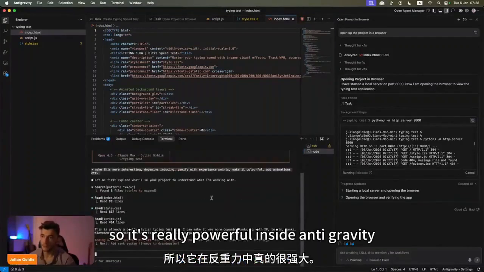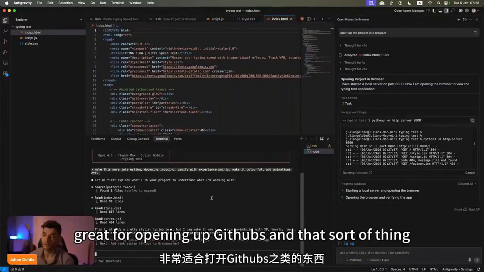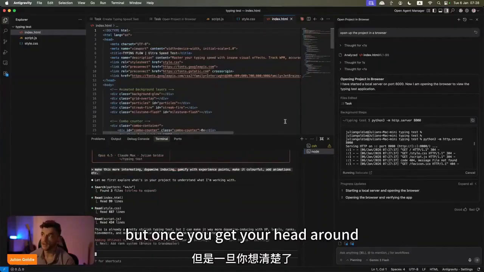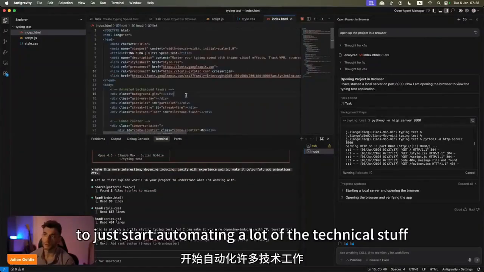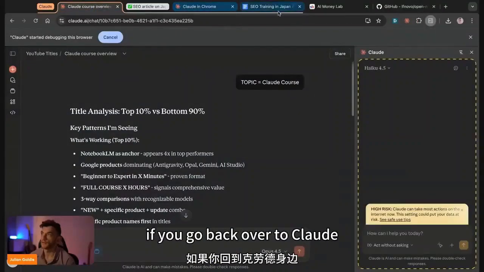So it's really powerful inside Anti-Gravity. It's great inside terminal for Claude Code. Great for opening up GitHubs and that sort of thing. And these are some ways that most people don't use it. But once you get your head around it, it's so much easier to just start automating a lot of the technical stuff. Now, something else that you can do, if you go back over to Claude,